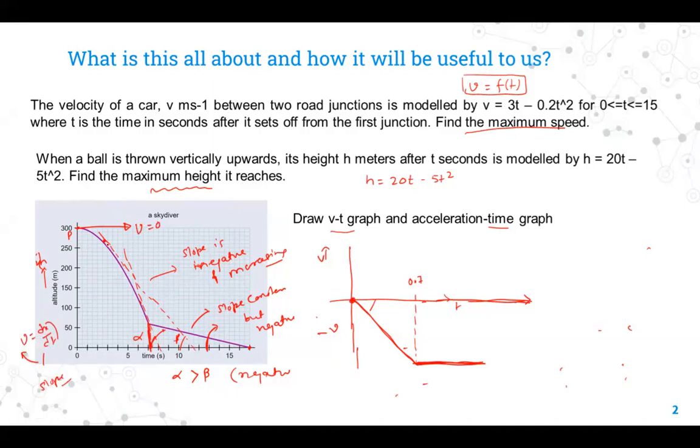So velocity has started from 0, and it is coming down. Slope is increasing, and velocity is increasing in the negative direction. You see the slope of this point and the slope of this point decreases. So definitely the velocity is constant, but its value is slightly lesser than the velocity at this particular point. Okay. So let's see how it is.